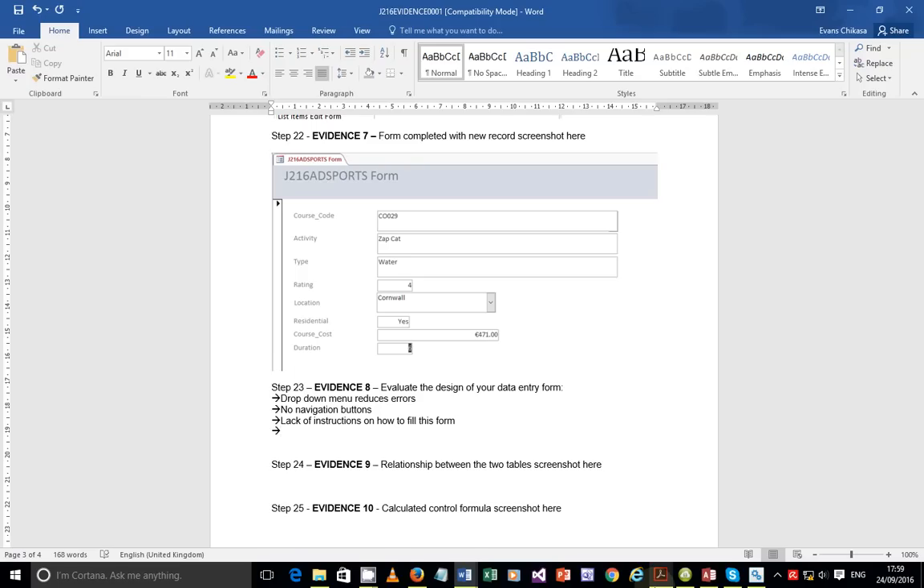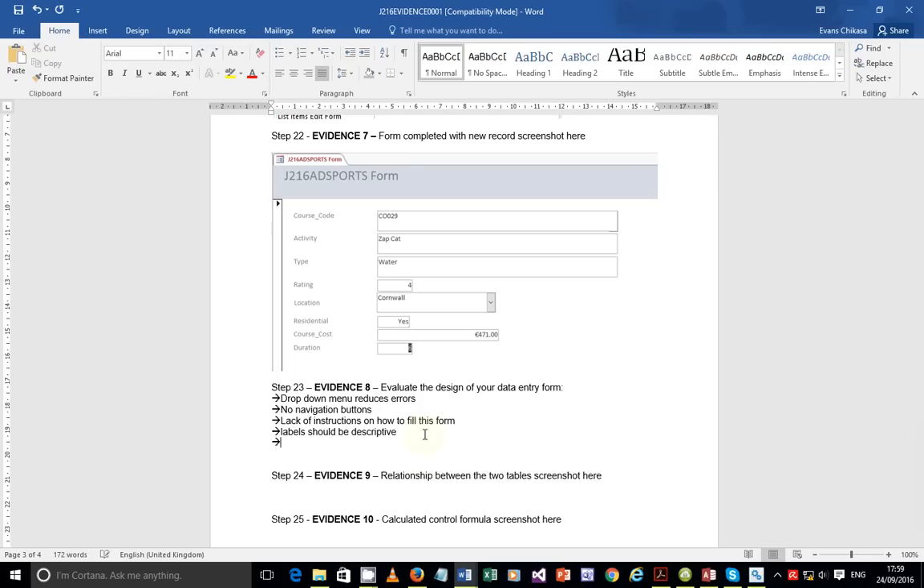So labels should be descriptive. Okay, labels should be descriptive. In other words, they should give an idea of what somebody is supposed to be doing. Okay, there are also other things that you can put there, like you can use